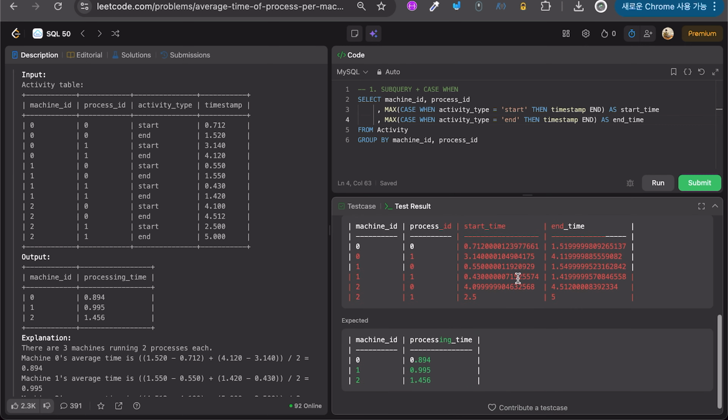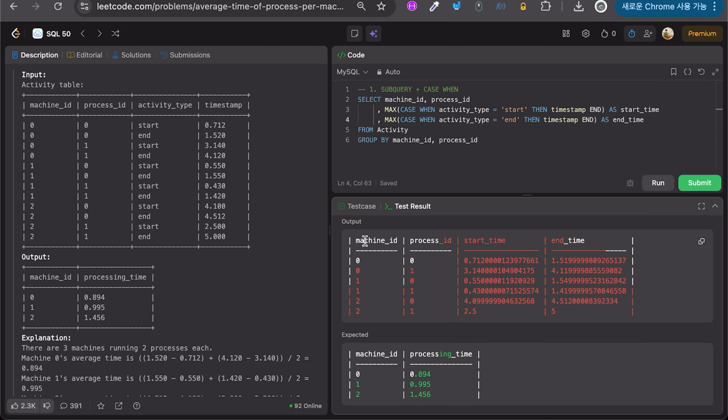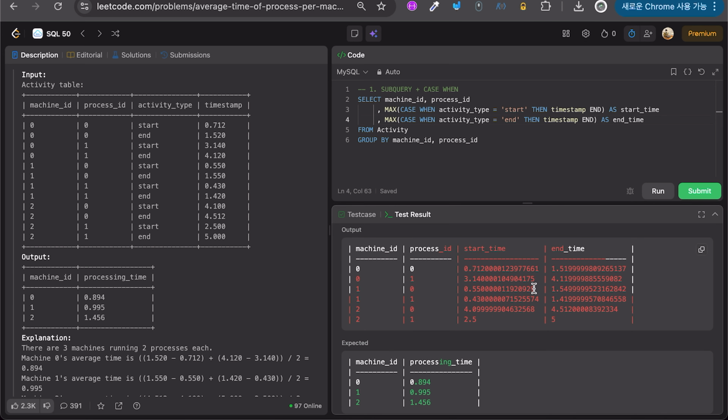So as you see the result, we can see it is grouped by machine ID and each process ID, and we can represent start time and end time together, beside each other. So now we can use a subquery and calculate it. Like we can do end time minus start time like this. So I'm gonna do it,